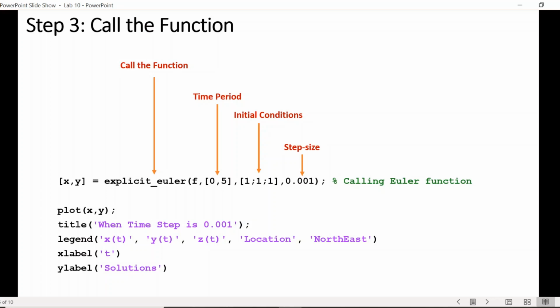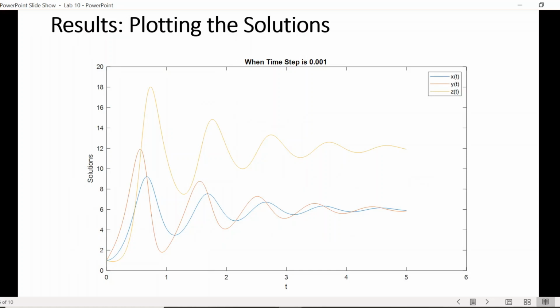We can also plot our results to see how the solution evolves with time. The simple plotting technique we have implemented here represents the solutions for the three variables x, y, z for a step size of